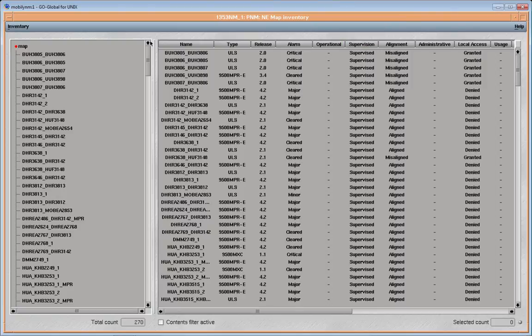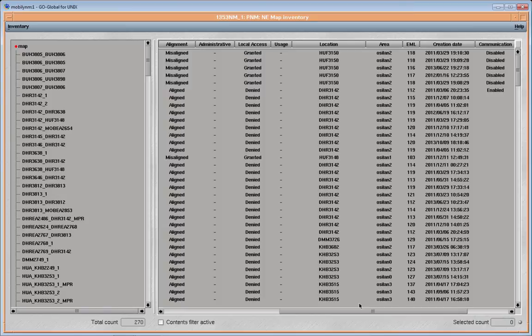You have the supervision, depending on the current supervision status, showing you have the alignment, which is the current alignment status of the network elements, the administrative state, which is currently undefined. You have the access, local access, which is either granted or denied depending on the local access state. Then if you scroll further,